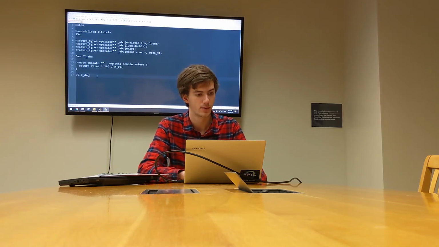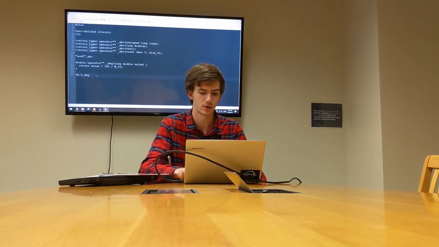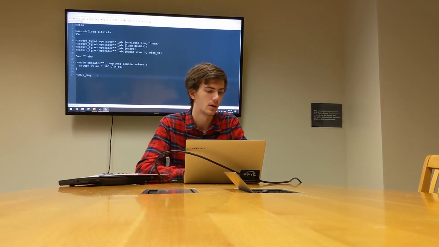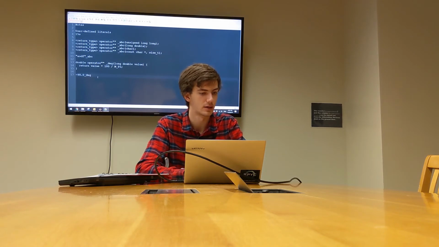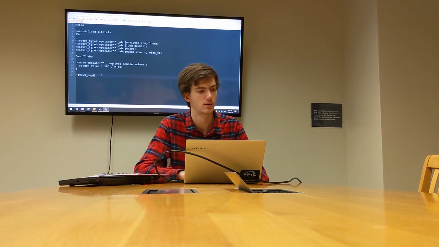One quick thing. In cases like this where you're just doing a constant factor or whatever, it doesn't matter. But if you have something like minus 90 DEG, this gets called with the value 90. The minus gets applied to the result of the function call. So it's equivalent to that